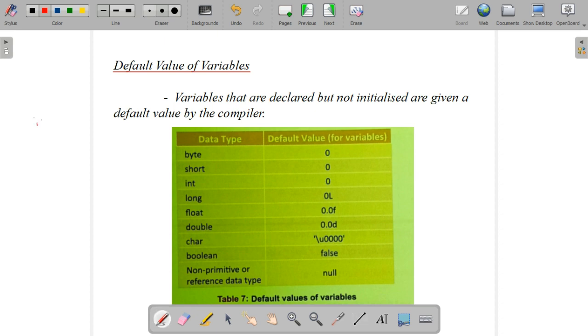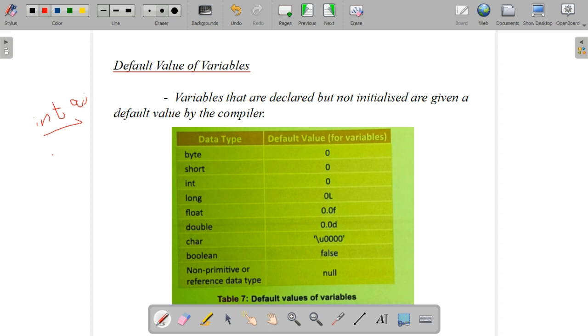In some cases we will just declare, without initializing. In that case, the compiler itself gives a default value, for example int a semicolon. This is a declaration and we didn't initialize the value. Then during program execution, the compiler itself gives a default value to that variable a.